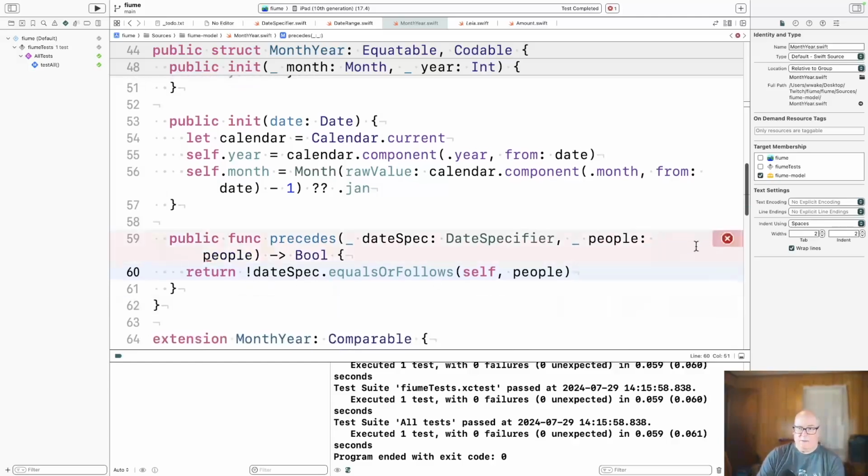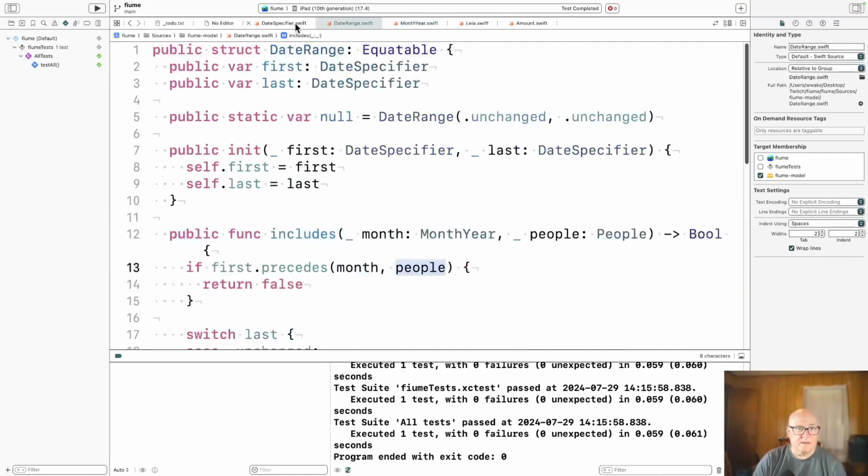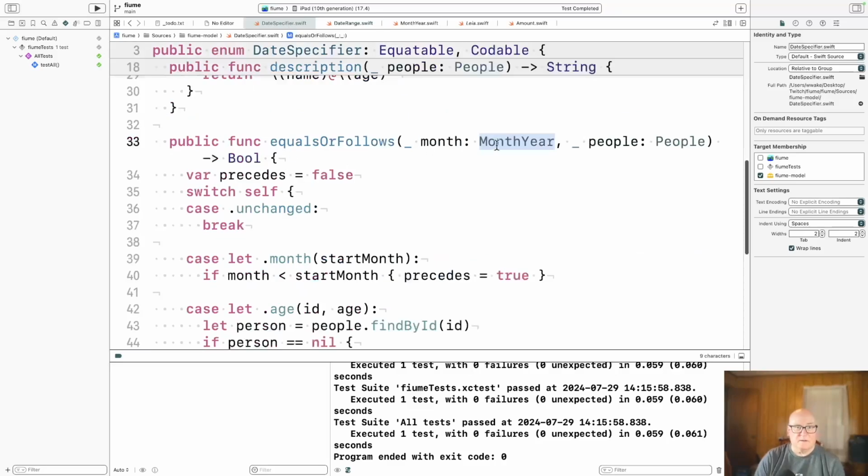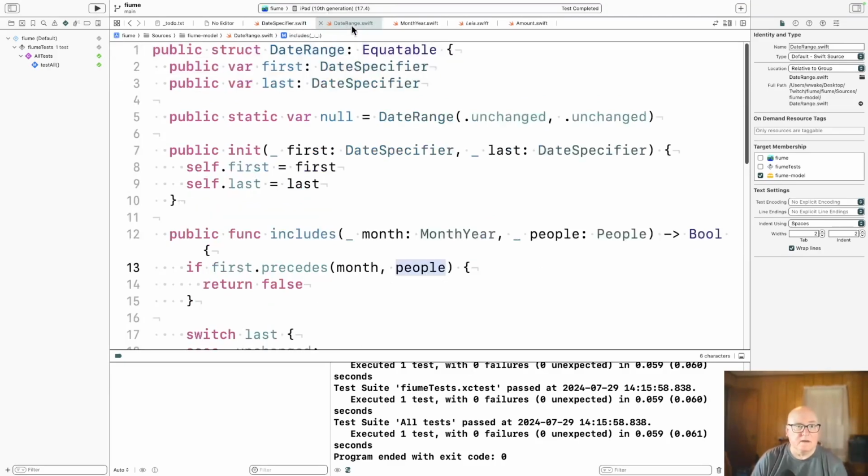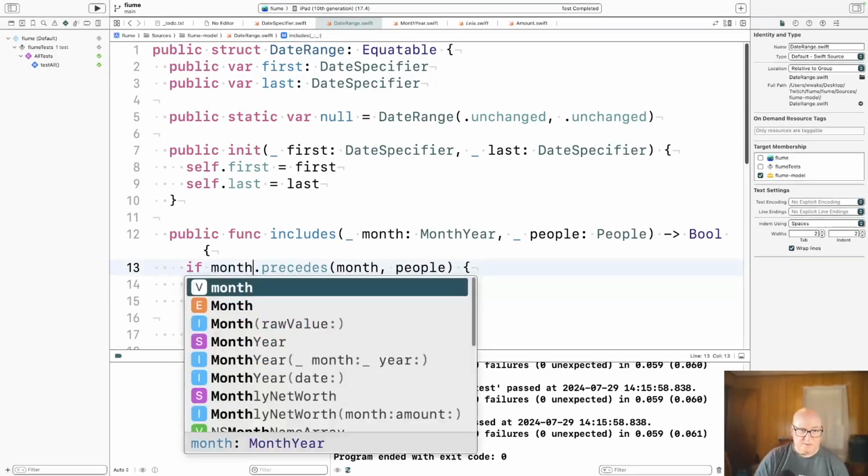Okay, so people of capital P. All right, so let's see how that. Does this look right still? Equals or follows based on self. Yeah. Okay, and so I'm going to say if month precedes